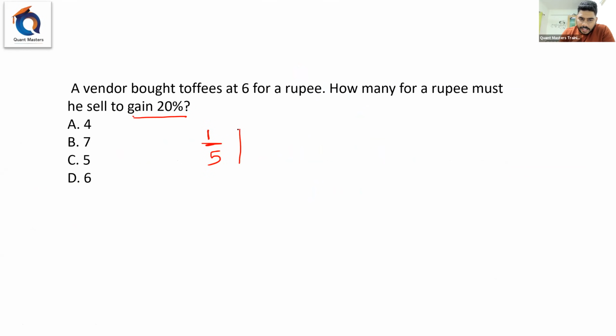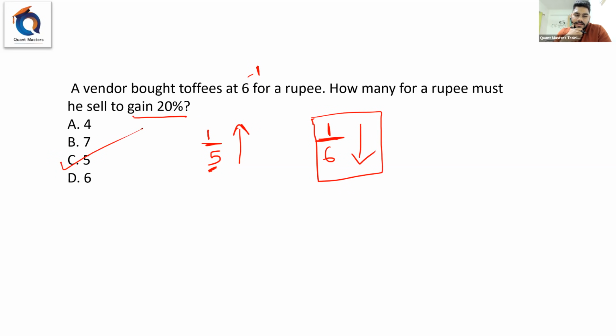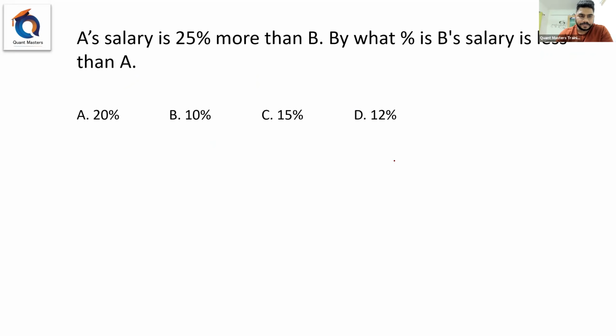So if I want an increase in my profit, I should decrease my quantity. Yes or no? Now, price should increase by 1 by 5. So 1 by 5 increase means increase the denominator. So 1 by 5 will become 1 by 6. So you need to decrease the quantity by 1/6. So if I decrease this by 1/6, which means I have to decrease 1/6 of 6 is what? 1. So I have to decrease the quantity by 1. So answer has to be 5. Within 10 seconds, without even touching the pen, this is how you do. So if you're confused, like, sir, what is the concept for this? No, let me explain in the next sum.